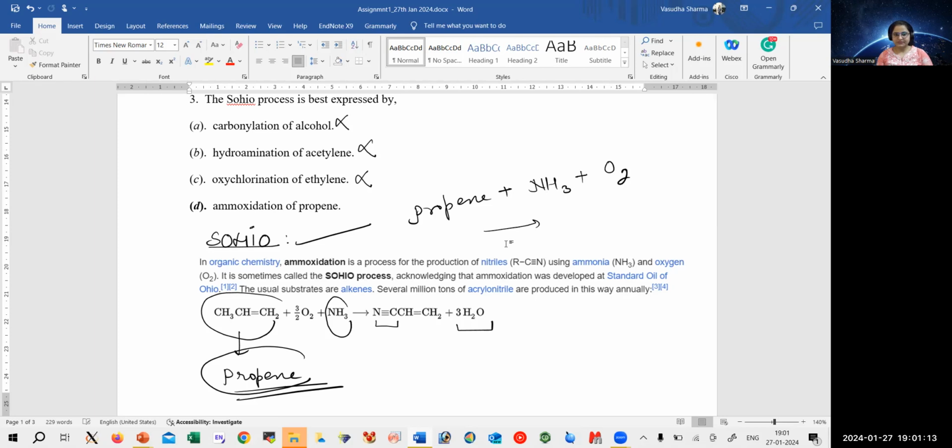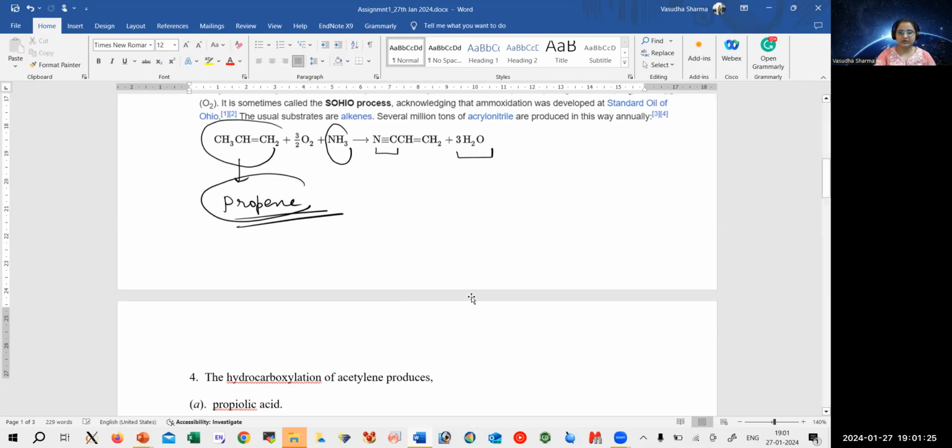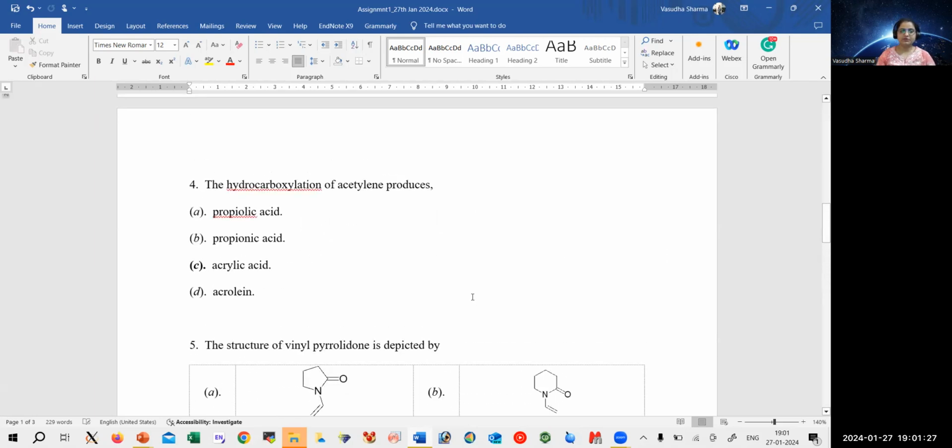So this process is specifically for propene reacting with ammonia gas in presence of oxygen to give you N triple bond CH2. So this is called an ammoxidation. So the answer is your last one. Now going ahead, the fourth question was the